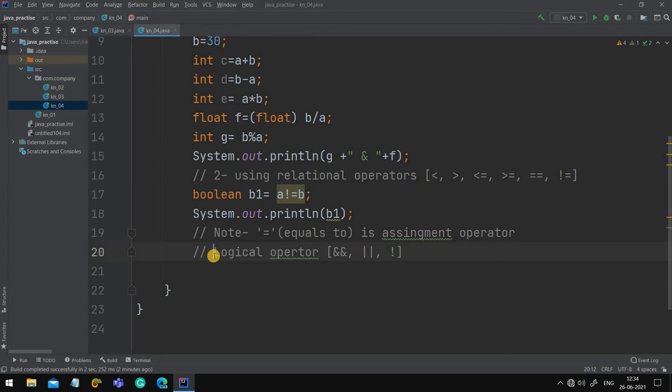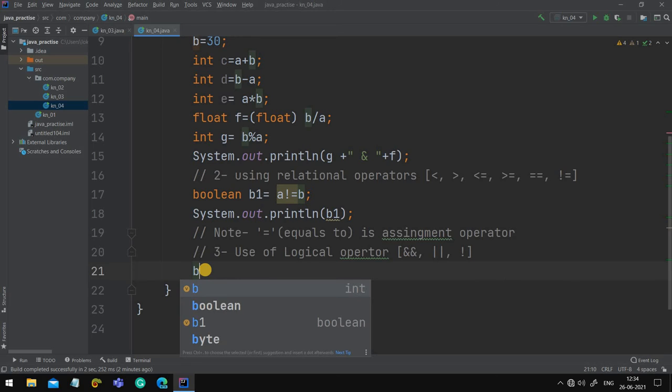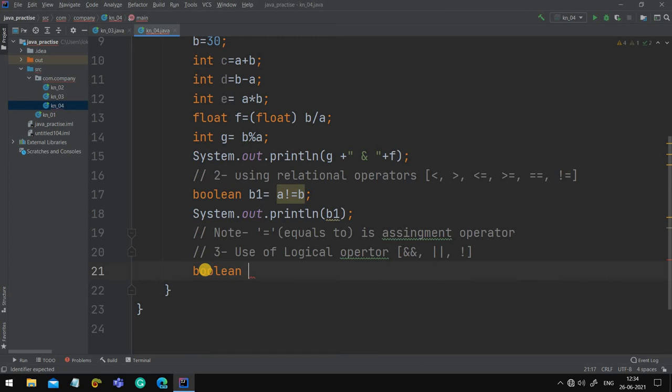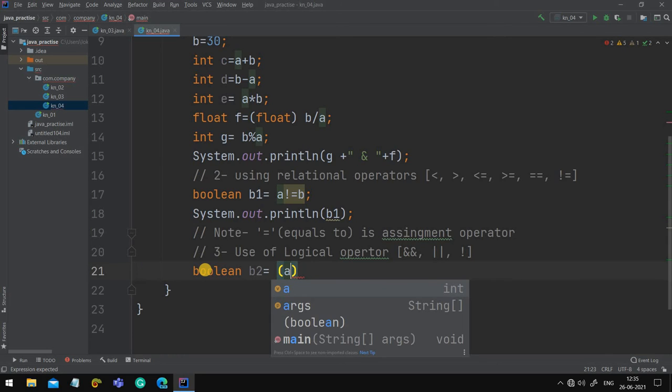Let me write here. Use of logical operators. Okay, now how to use them? Let's create again a boolean variable. Boolean b2 equals to. Now let us take this a and b only. Obviously brackets we have to use.